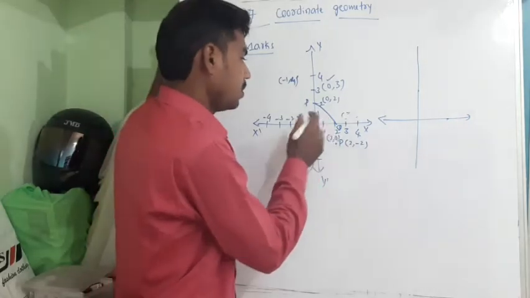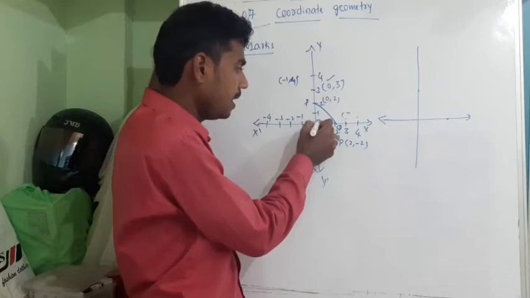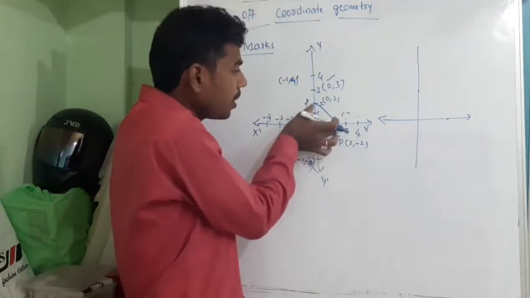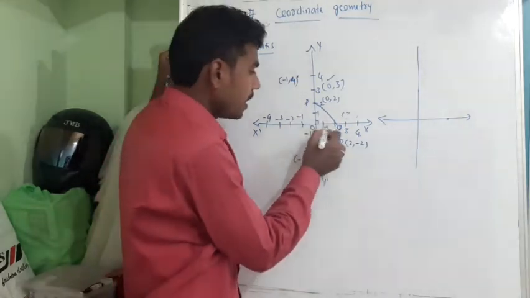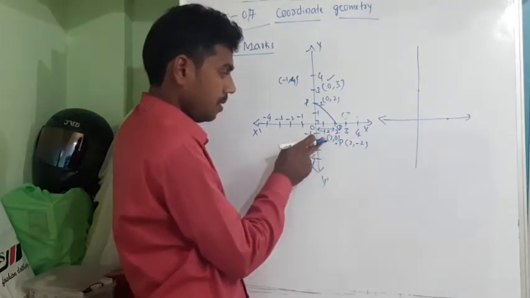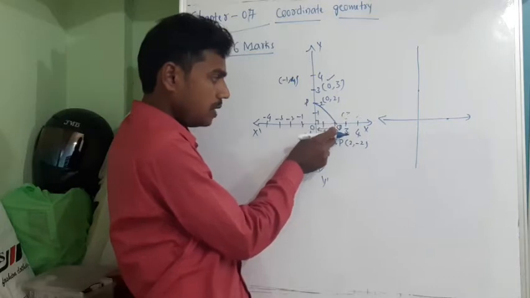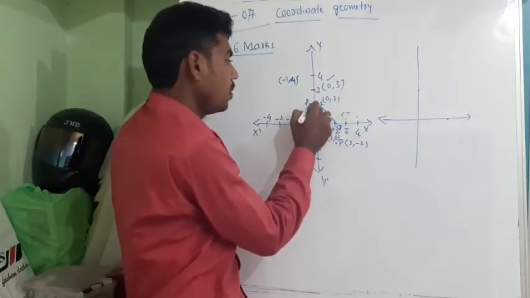Do you know these two axes intersect at 90 degrees? This will be 90 degrees. So we can apply the Pythagoras theorem and we can find this if we know these two dimensions. See, what is the dimension of this? This will be equal to 2. Yes or no? On the x-axis, what is the distance? 1, 2. This will be equal to 2 units. And on the y-axis, this will be equal to 2 units.